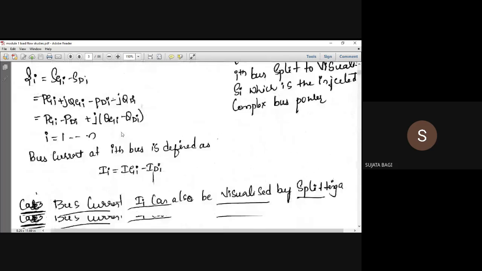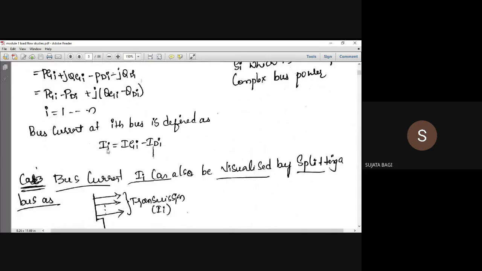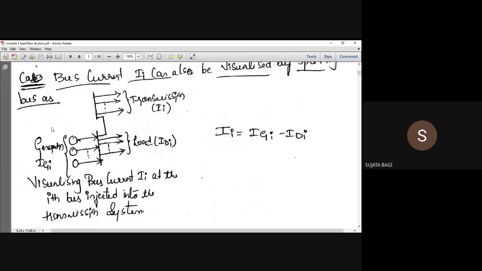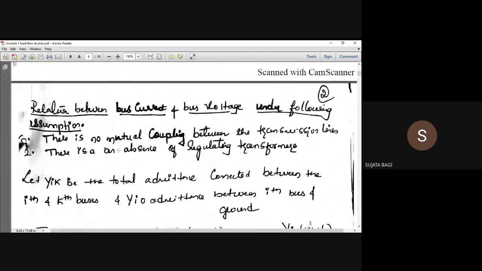Same thing you can go for current also. What is this current? Total current is generation minus demand. So how much generation is there? If you remove that demand, you will get the total current. But the main concept is what? We have to maintain the total continuity of supply in power systems. These are all basics. This is generation, and this bus is connected to other substations and transmission lines. It is split. So the bus is injected into transmission lines, and obviously we will get different substations. These are the different starting points in network formulation they have specified.